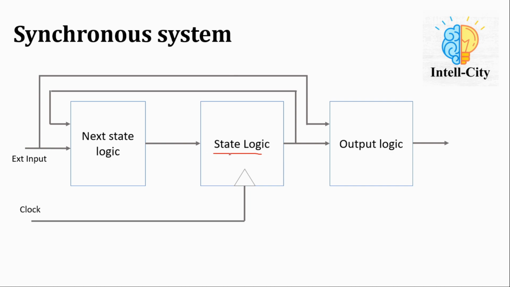As we all know, flip-flops and registers are synchronized via the clock. Data is read or written on the positive or negative edges of the clock. So this state logic is connected to the clock. Why do we do this? We partition the system into combinational logic blocks and sequential logic blocks to make the design simpler, easier to understand, and easier to debug. So the sequential logic stays here, and this block consists of combinational logic.